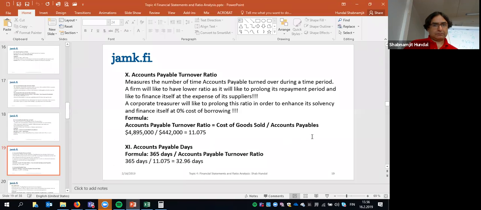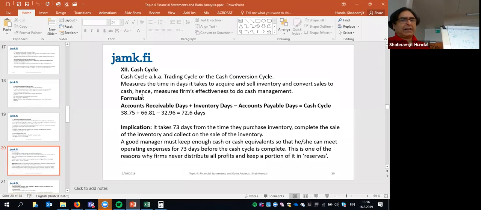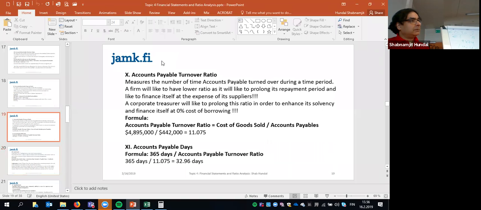It's also important when you see how many days it takes for you to recover when you sell. We'll come to days now. And how many days it takes for you to pay when you buy. Let's say if these things don't change. I'm coming to that. Look, this is the cash cycle here. So I'm slowly coming to that point, but not yet to the cash cycle, because I know I see the cash cycle in days, but